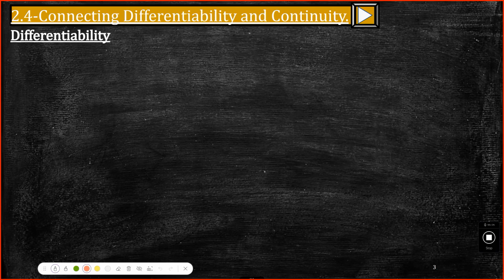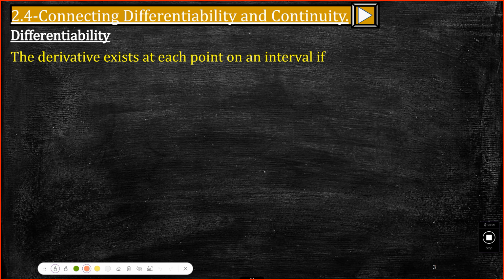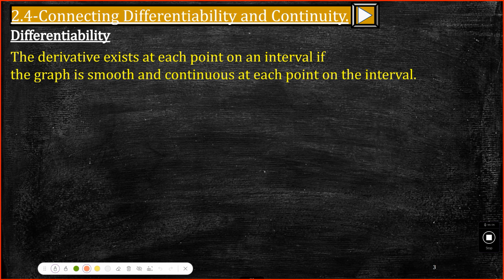Okay, so lesson 2.4, connecting differentiability and continuity. Differentiability. What is differentiability? For a function to be differentiable on an interval, the derivative must exist at each point on the interval. The derivative would exist everywhere on that interval if the graph is smooth and continuous at each point on